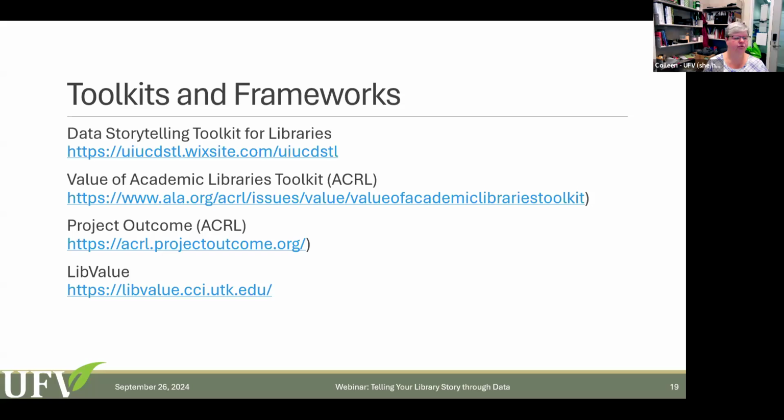There are two toolkits that came out of the Association for College and Research Libraries in the US. The first is the Value of Academic Libraries Toolkit.